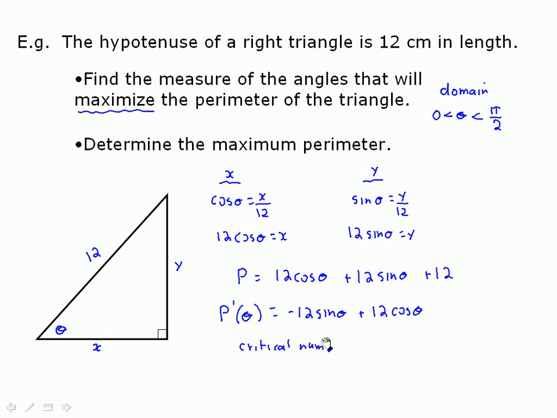And the critical numbers, as I hope you're well aware, are found principally where p prime at theta is equal to 0. Because it's sine and cos, it's defined everywhere within that domain, 0 to pi over 2. So there's no point where we're finding out where the derivative doesn't exist. Going to get a little bit more space to work, but then I will set the 0 equal to